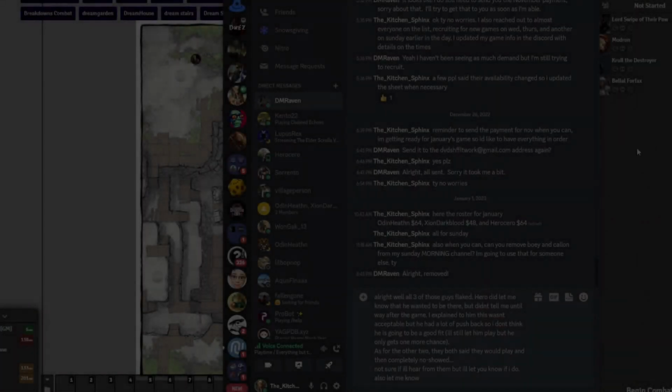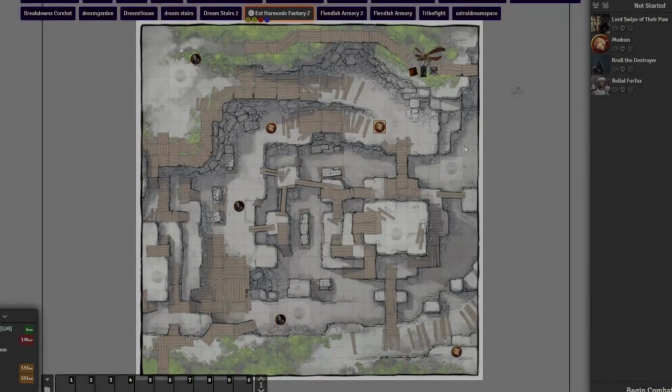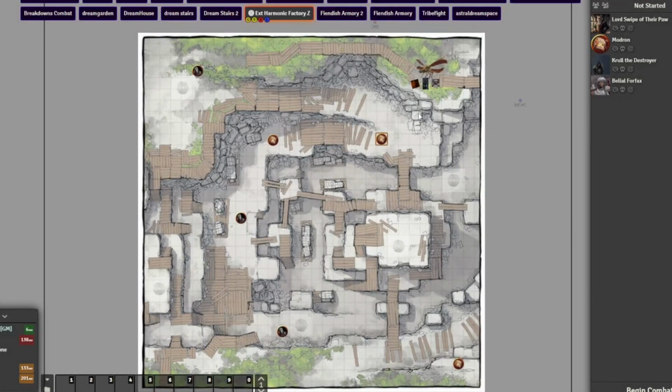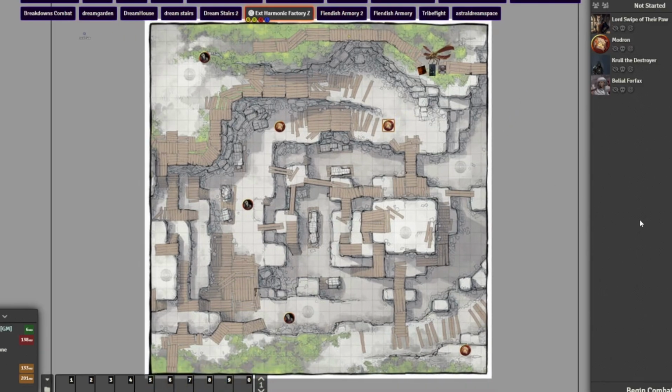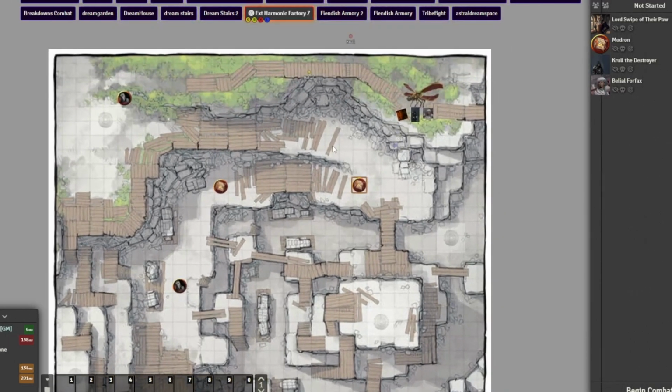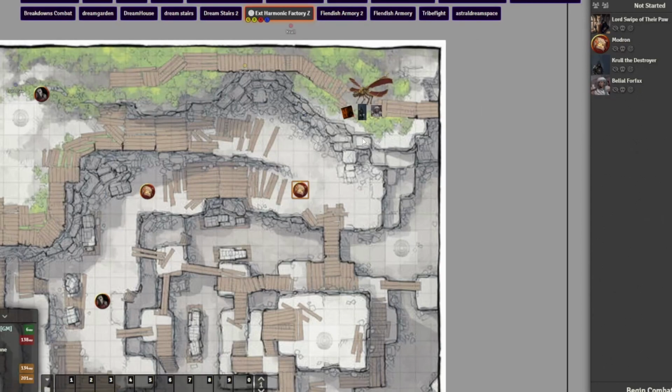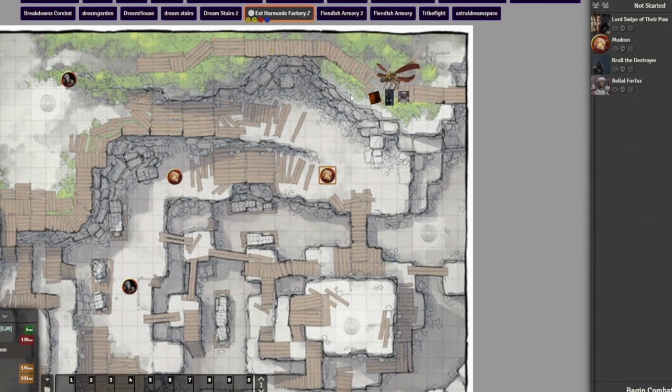Lord Paw, you are first to act on the scene. You see, closest thing to you is this Modron here. You do not see the entrance to the factory. You just see rubble. What will you do? Am I raised up at all? That Modron? Is this a walkway that we're on? Yeah, so to get down this wall here is 15 feet down.